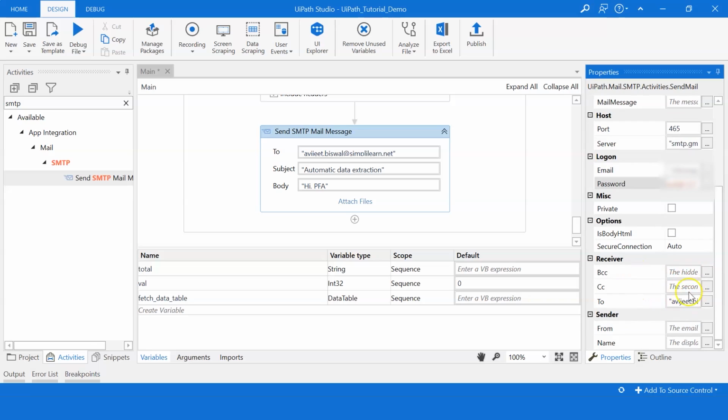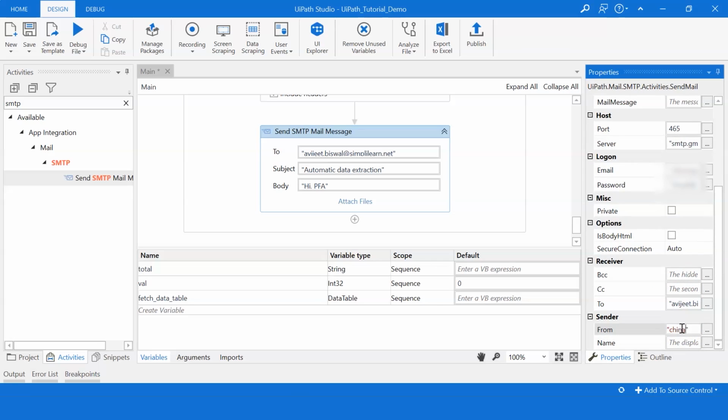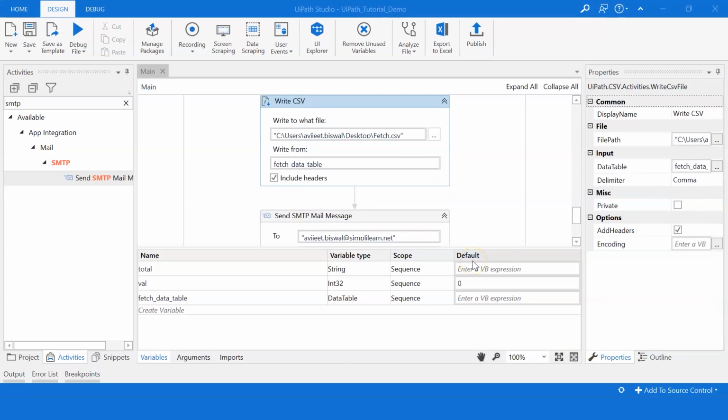Under the receiver, it's my email ID, which is abhijit.biswal@simplylearn.net. For the sender, I'll give the email ID as chinmay.deshpande@simplylearn.net. And I'll give a dummy name, Chinmay. So we are almost done.